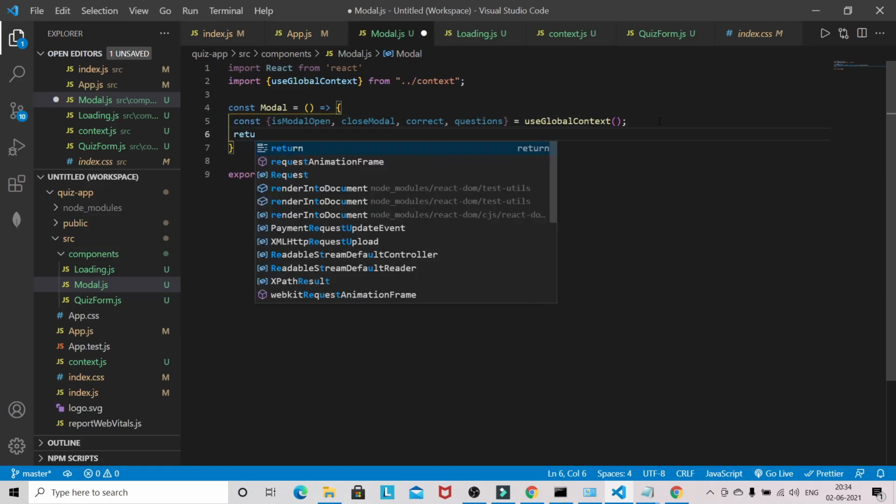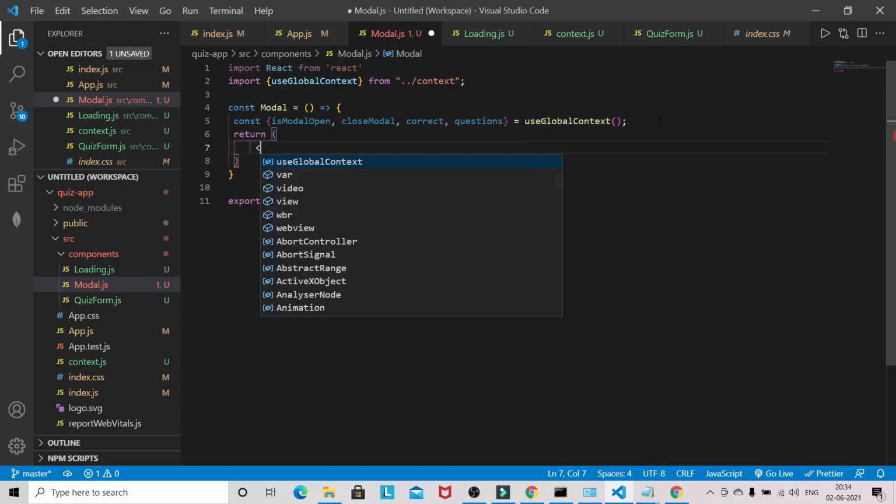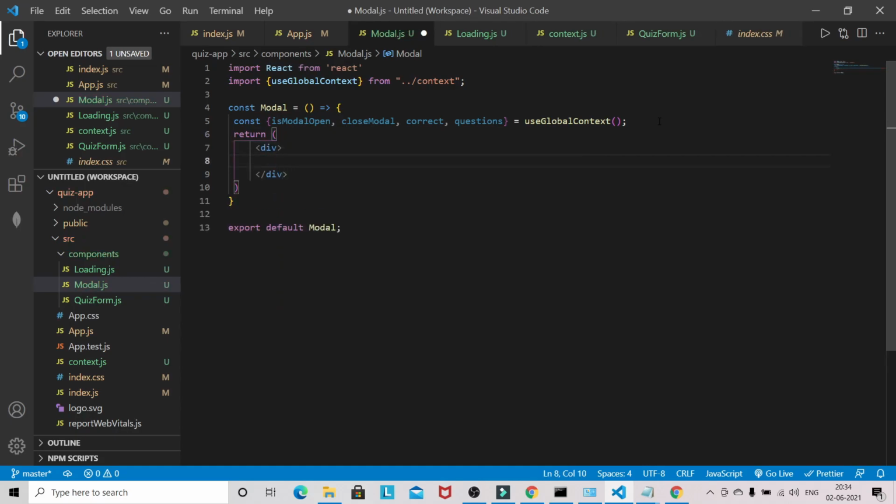Now I will return a div, and here again I will be using external CSS style. So I will show you the style once I complete.